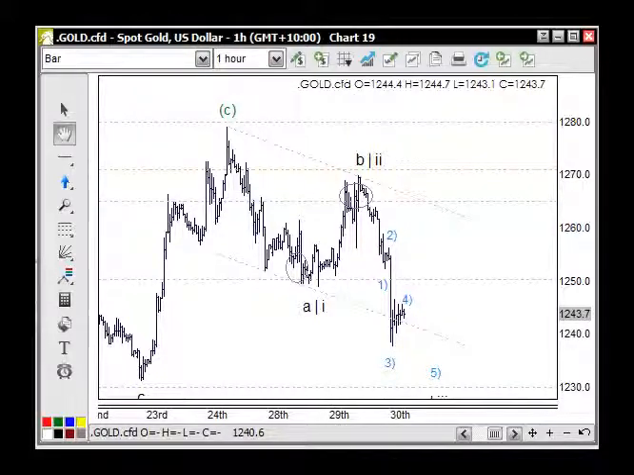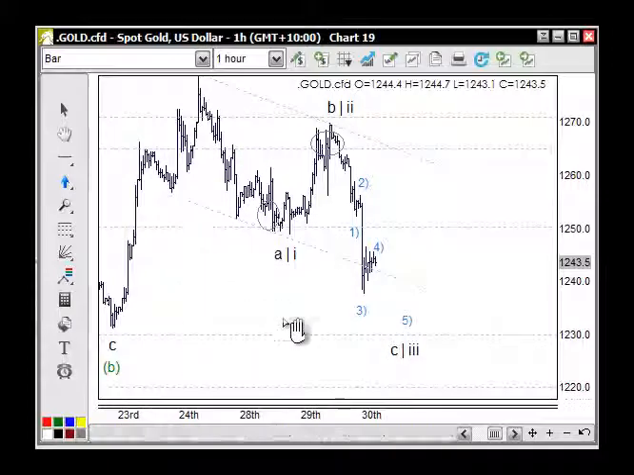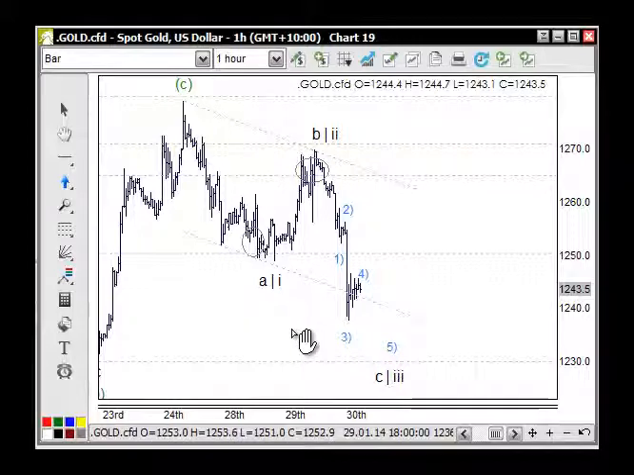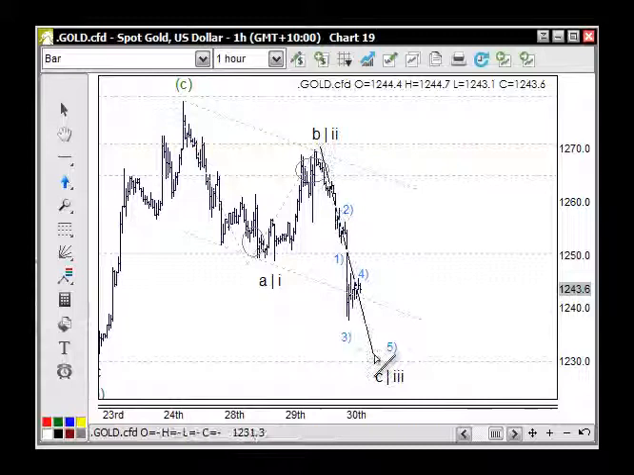Welcome to the commodity section, and here we're looking at gold. The important aspect here is the midpoint. The 1250 has been breached, and we're looking for further downside to come through here, down to 1230. Now, two things here. Currently we have three waves down, this 1, 2 and 3 here, so that can be